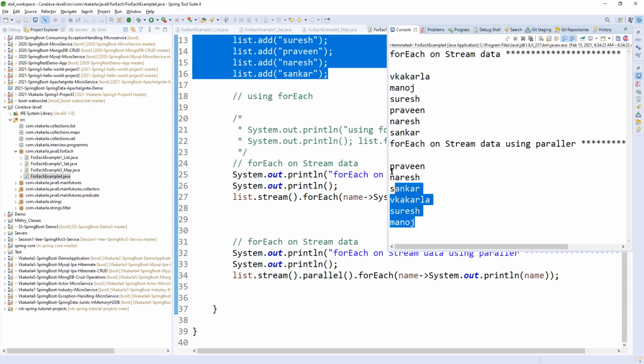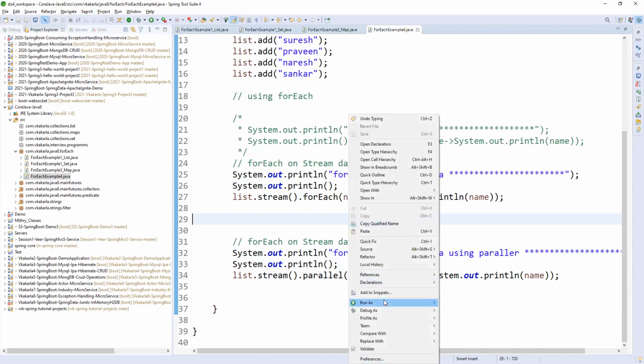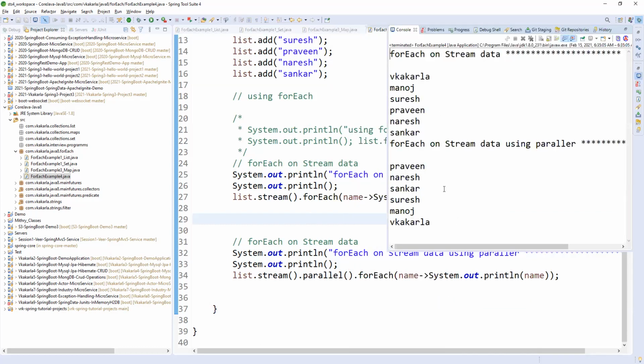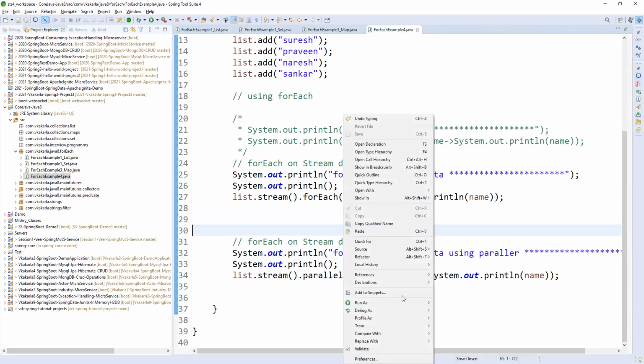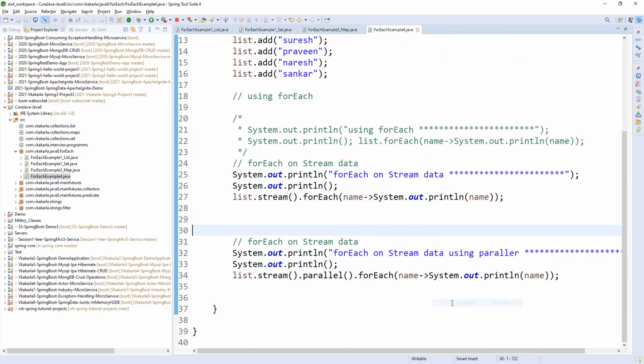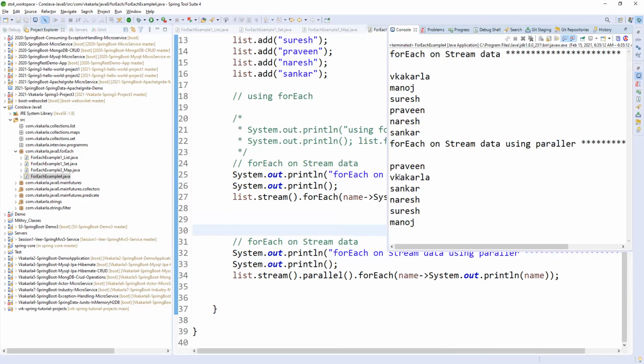If you run again, it will change again. Praveen and Naresh come first; run one more time, now Shankar and Suresh come. Run again, this time Praveen comes first, and instead of Naresh it is Vikakala. So we are not guaranteed the order.